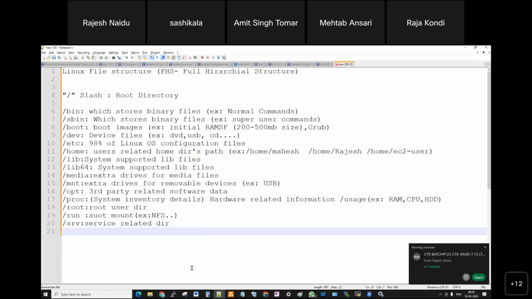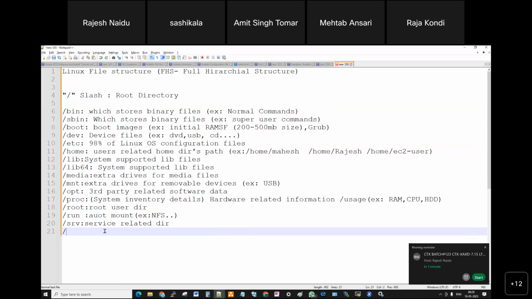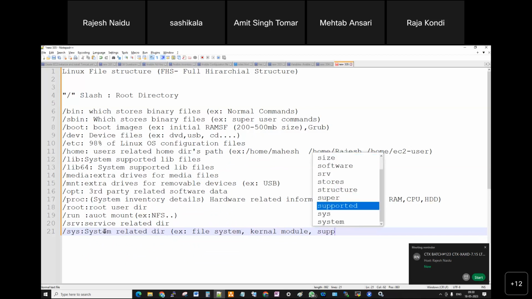Next, /sys. System related directories, for example file system, kernel module, and supported files.